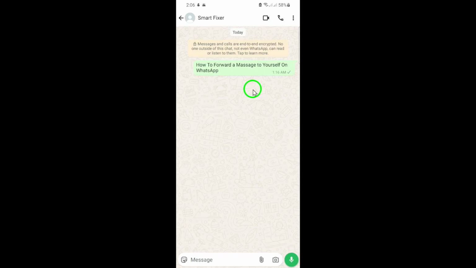Unpinning messages is a straightforward process that helps you keep your WhatsApp conversations organized and focused on what matters most. By following these simple steps, you can easily manage your pinned messages and ensure that your chats remain tidy and easy to navigate. Whether you're using WhatsApp for personal or professional purposes, mastering this feature will enhance your overall experience